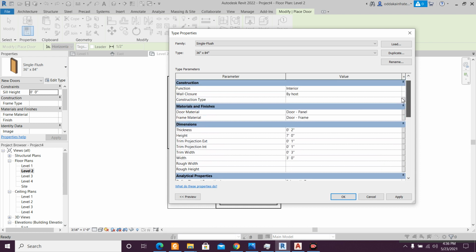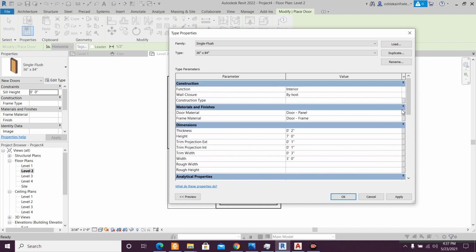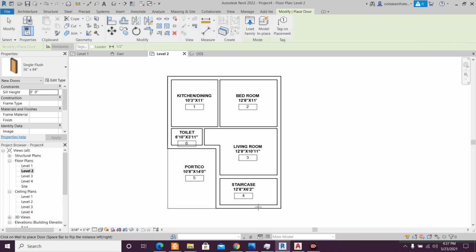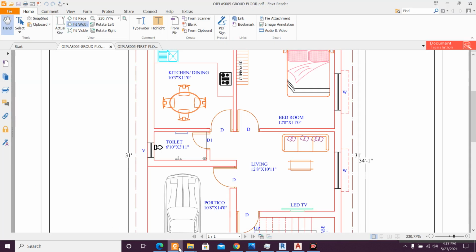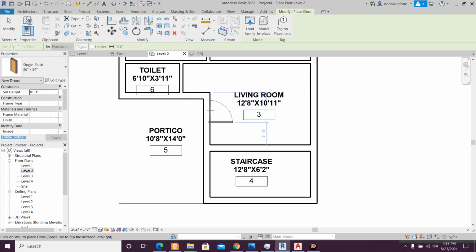And this is a 3 feet door, 3 feet into 7 feet. This is the dimension. You can change that also, change the type. Just going for the default, clicking on OK, and you can see this and give the position of the door here. So I'm giving one door here and giving one door here, and you can change this. One door was here,